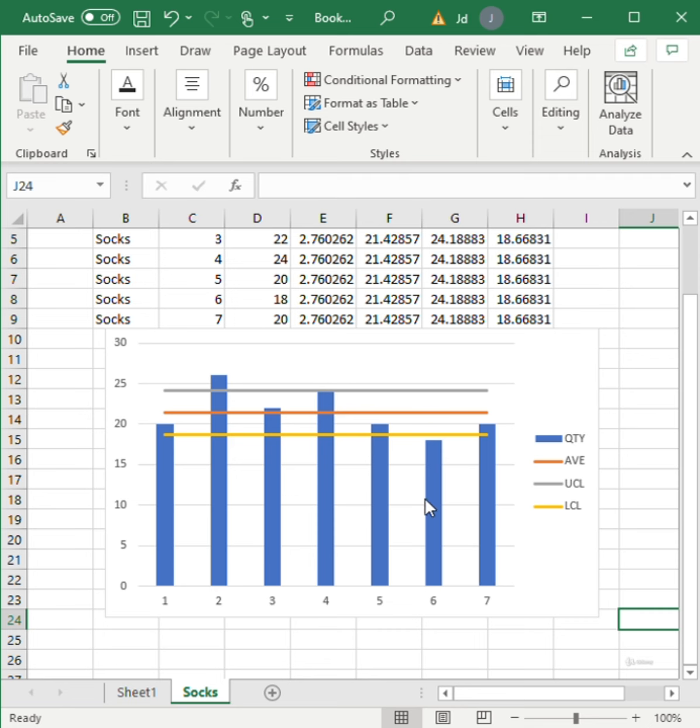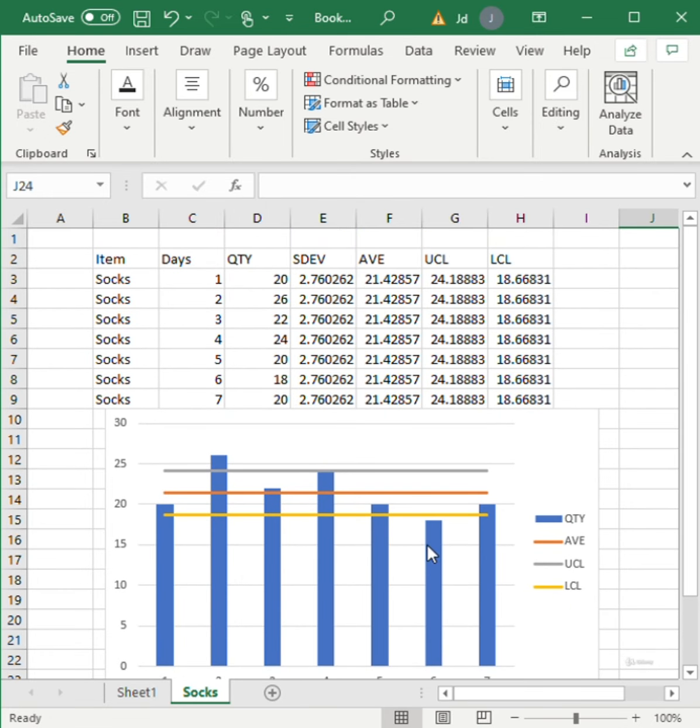Looking at the data over here, we can see 2 points fall below our lower control limit and 1 point falls above our upper control limit. So basically 2 points are out of control. If we analyze this further, we can see how to get it into control. So I'll give a moving example as I explain how the numbers affect.